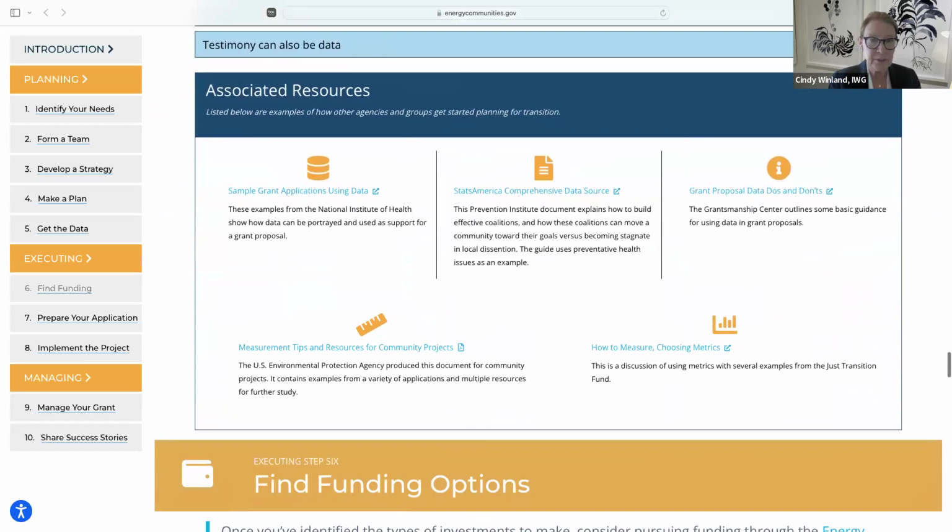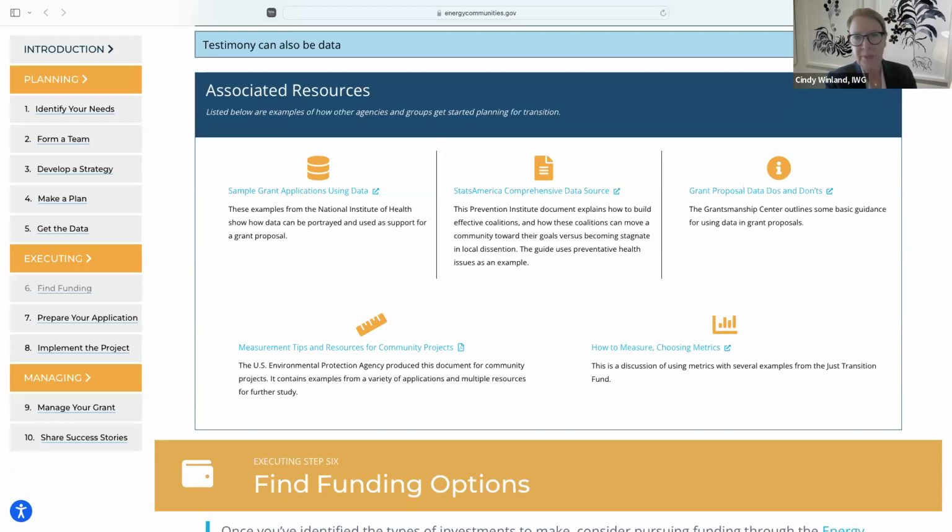So there's some great resources here, and you can see them all in the links. Some of the federal agencies also produce measures of distress, resiliency, financial viability, other things that are also data but are not typically found in some of the traditional data sources. Census does this, FEMA does it, the EPA does it.